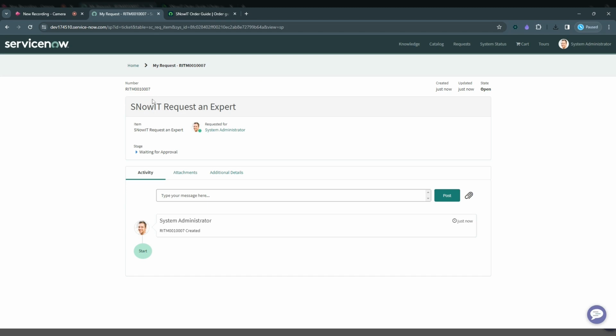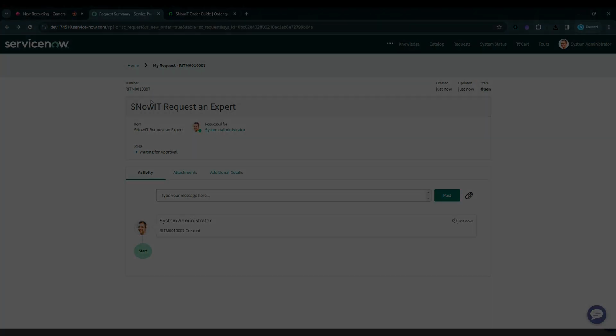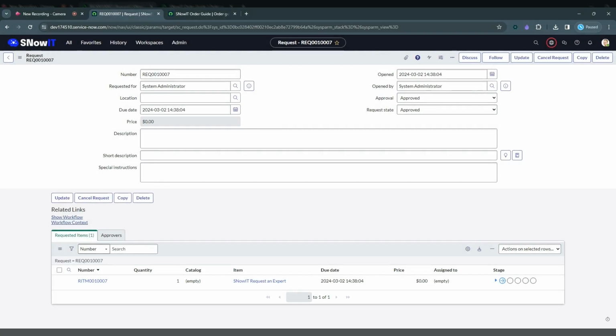So how it looks from the backend perspective, this is how our request looks. As you know, we have one request, right? That's why we have only one request item. And in the second case, we created a problem. The problem belongs to another table, right? So that's why it's not displayed in here. If you have several request items,